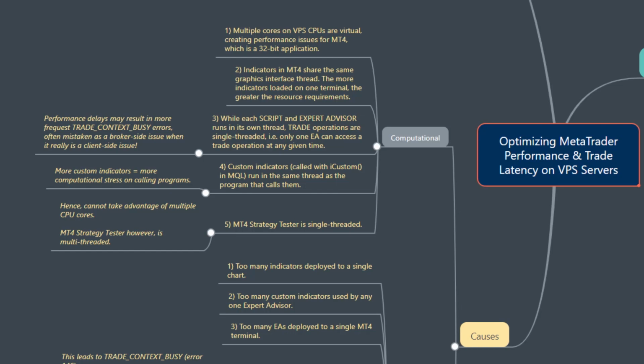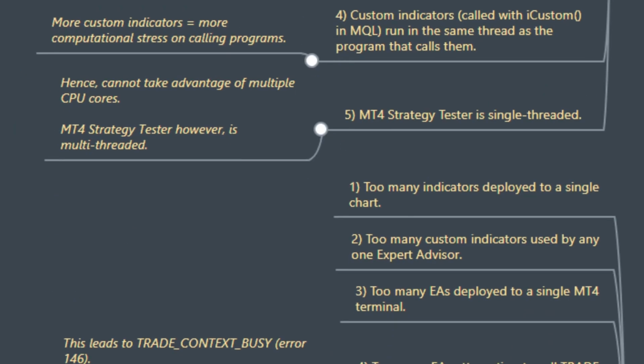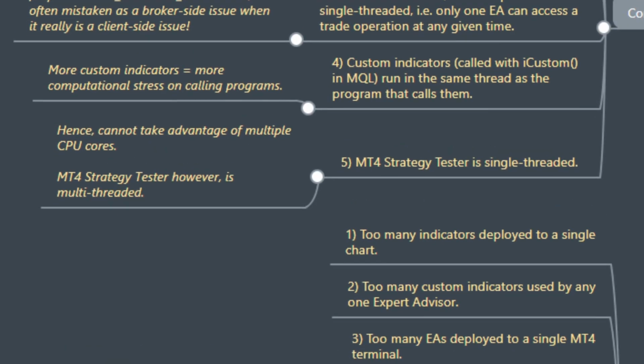Custom indicators. These are called with the iCustom function. MQL programmers watching this video will be familiar with that. And they run in the same thread as the program that calls them, the program being the script or the expert advisor. And finally, the one thing that we should try to avoid as best as possible